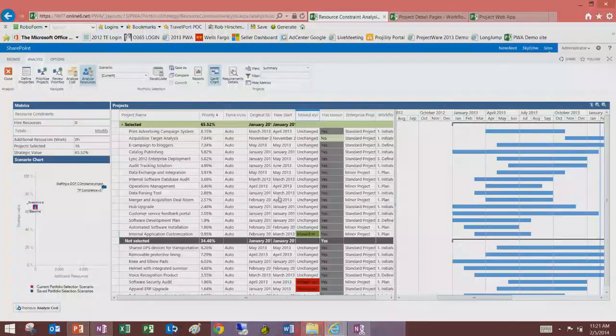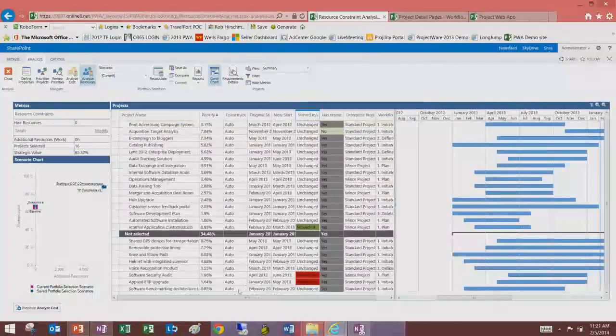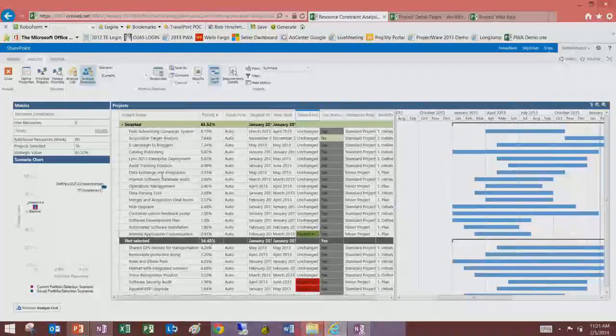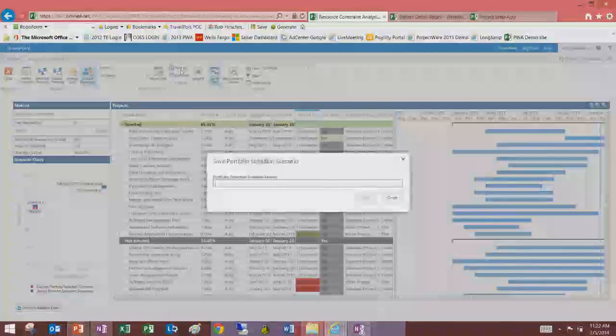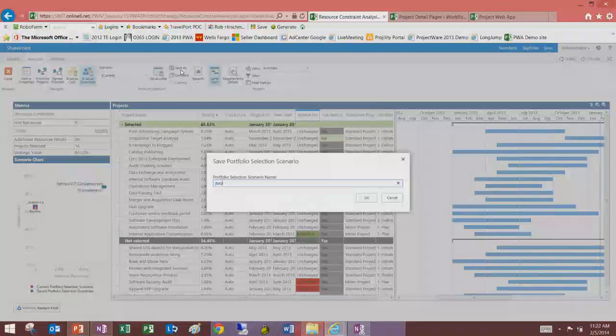Now at the same time, it may start moving other projects that are less strategic out of the portfolio. So it's really a dynamic engine that's going to make recommendations for us based on the staffing constraints and the resources that we have. So that's the first option, right? I can delay the work or I can shift the projects around. And I can run as many of these models as I want. I can save them. And this is really a great part of the application. And then, nicely,